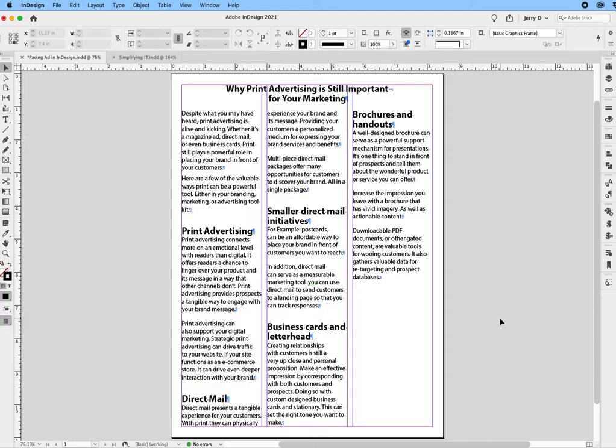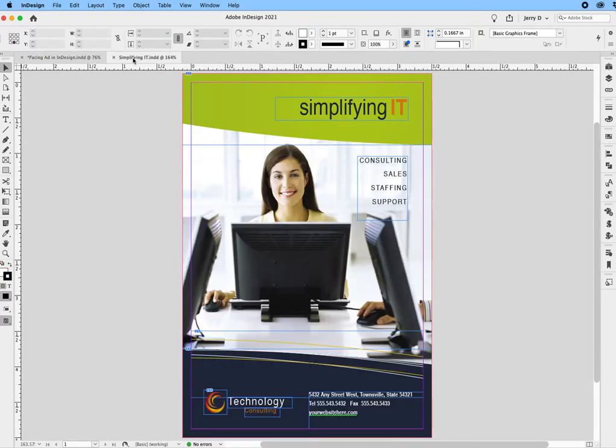Okay, in this video, I'm going to demonstrate how you can place an InDesign document in an InDesign document. Right now, I have two InDesign files open. I have this page layout right here that has columns of text, and right next to it, I have this ad right here. This is a display ad, and what we're going to do is take this display ad and place it